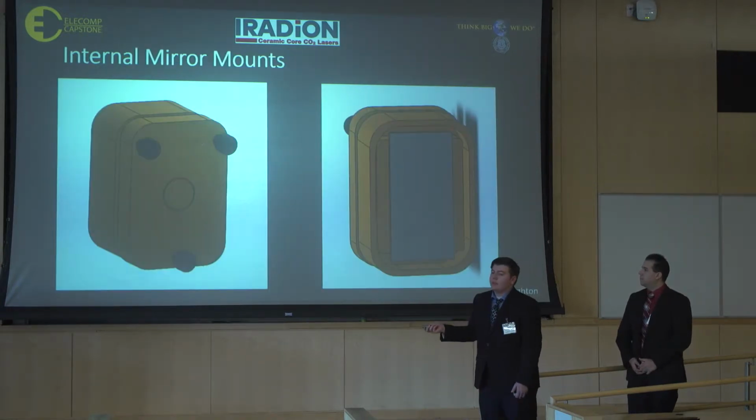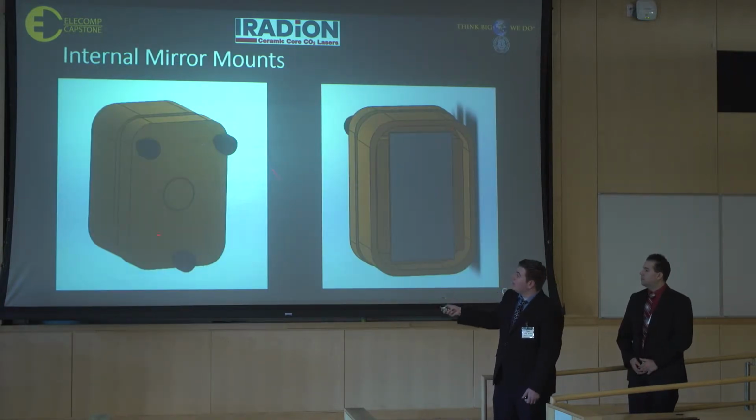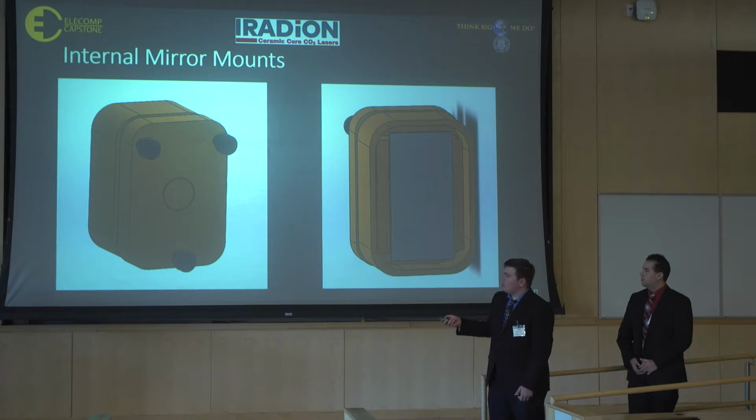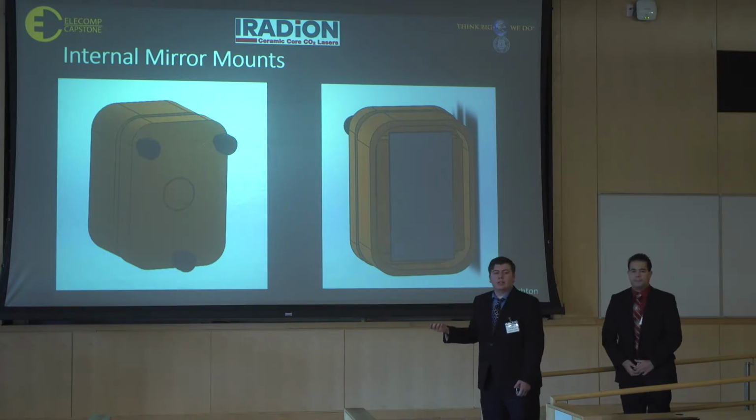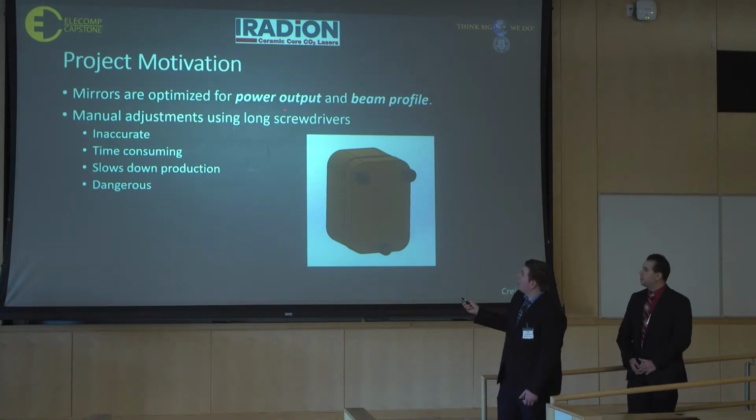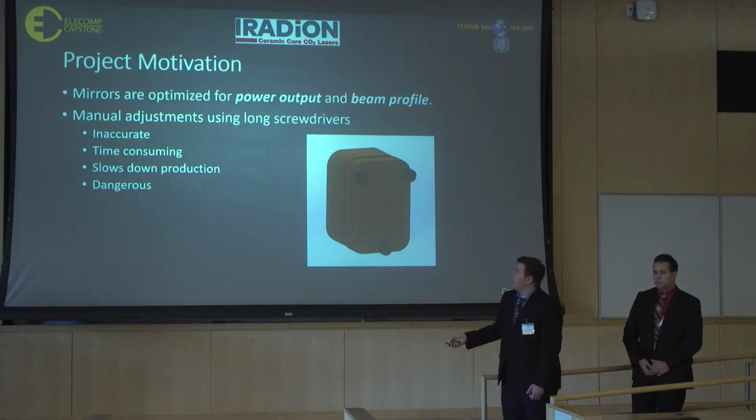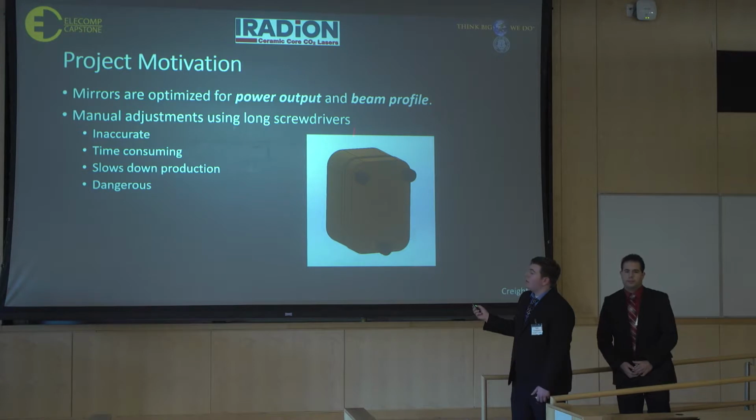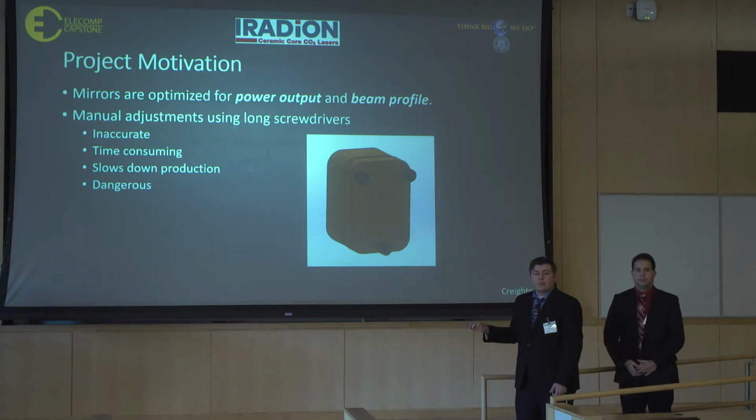If you zoom into those mirrors, you can see the internal mirror mounts for our design. These mirrors have 3 screws which are turned to change the angle of reflection of our mirrors. When you change the angle of reflection of the laser system, you change the characteristics of the laser beam, namely the power output and the beam profile. Now, the power output might be self-explanatory, but the beam profile is the spatial distribution of power within the laser